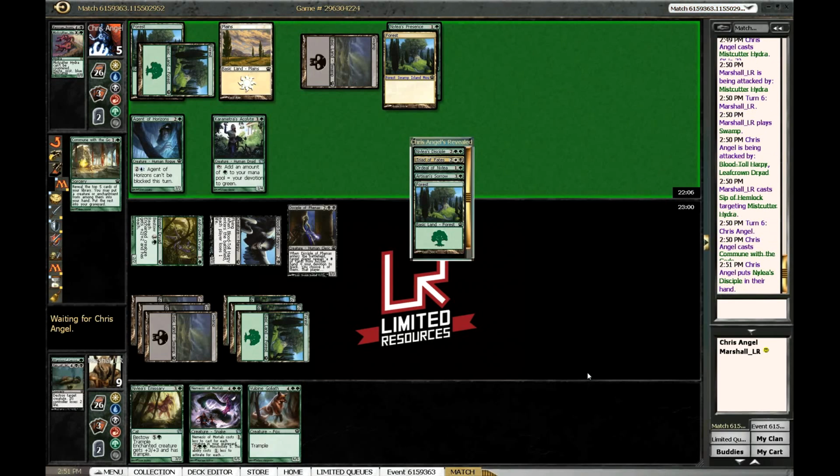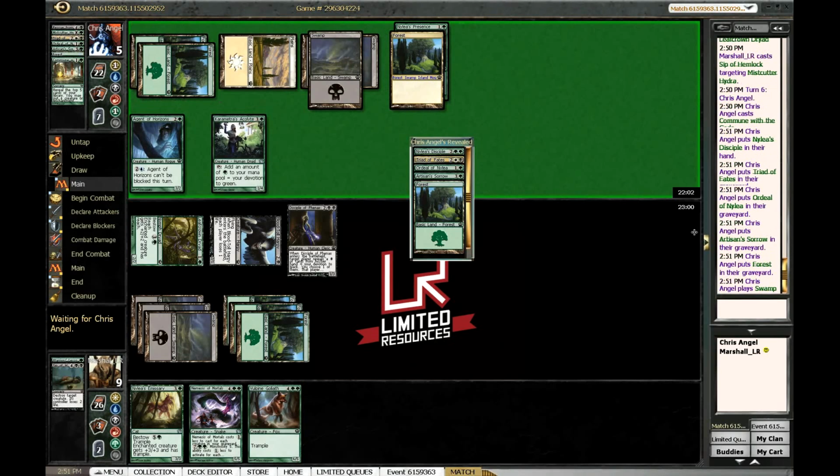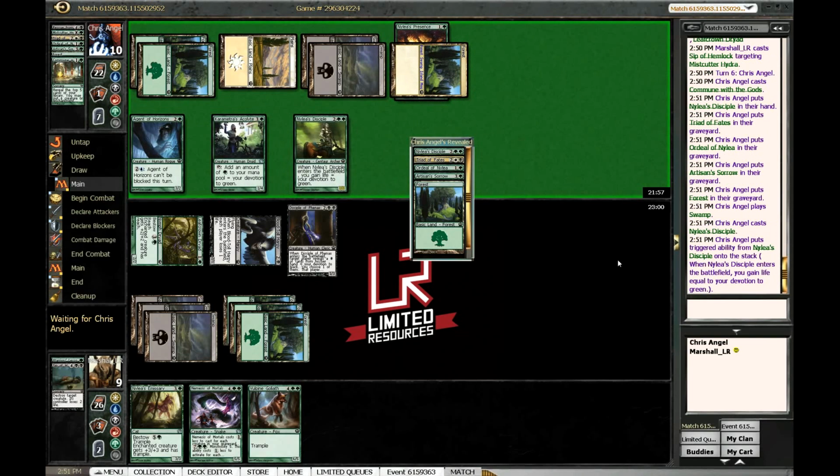So he's probably just going to gain a bunch of life and then attack with Agent of Horizons here. He can make it unblockable. All right, what did he take? I guess he's just going to cast whatever he took here anyway, but...